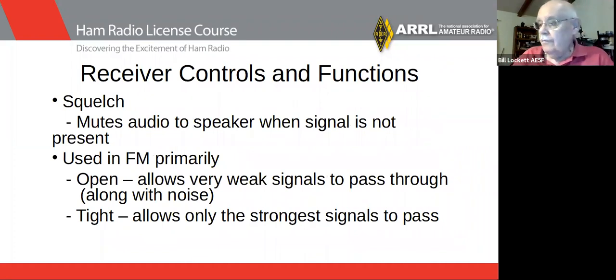Squelch. Squelch is used a lot on VHF, particularly the handy talkies. And what squelch does,